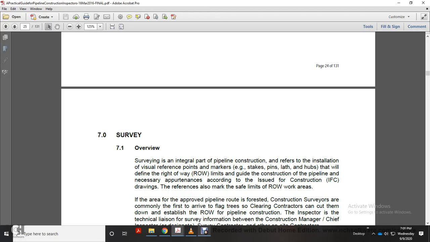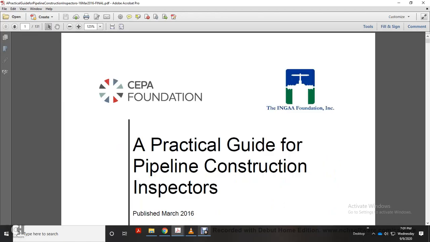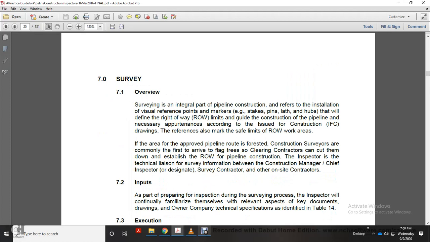Our Chapter 7 survey. We'll go back to the Practical Pipeline Guide for Pipeline Construction Inspectors. We are on page 25, I believe. Survey: survey and take all pipe of the pipeline construction and refer to the installation visual reference of the points